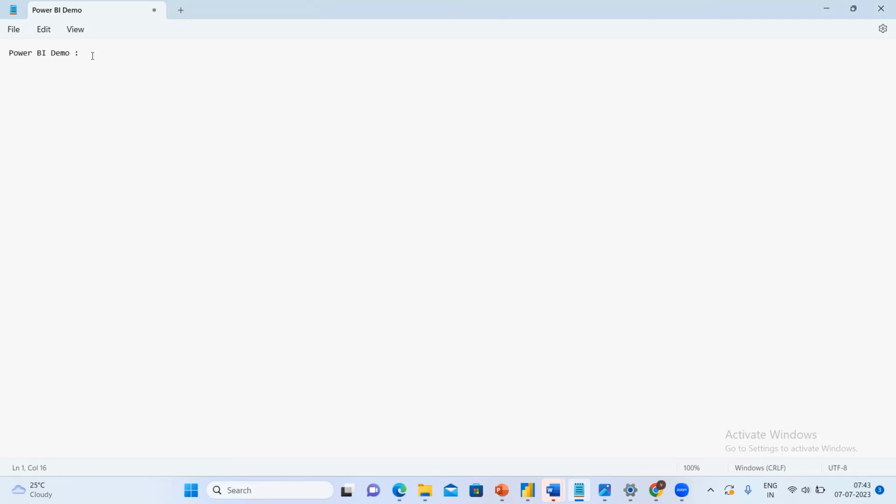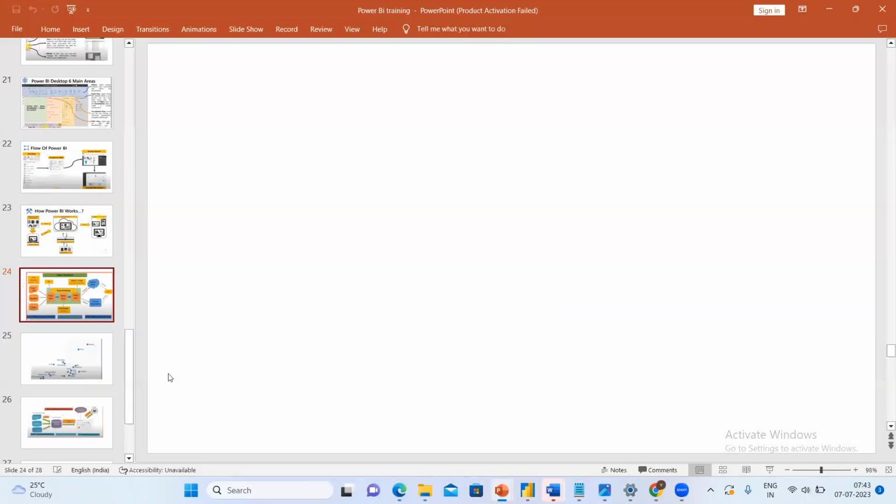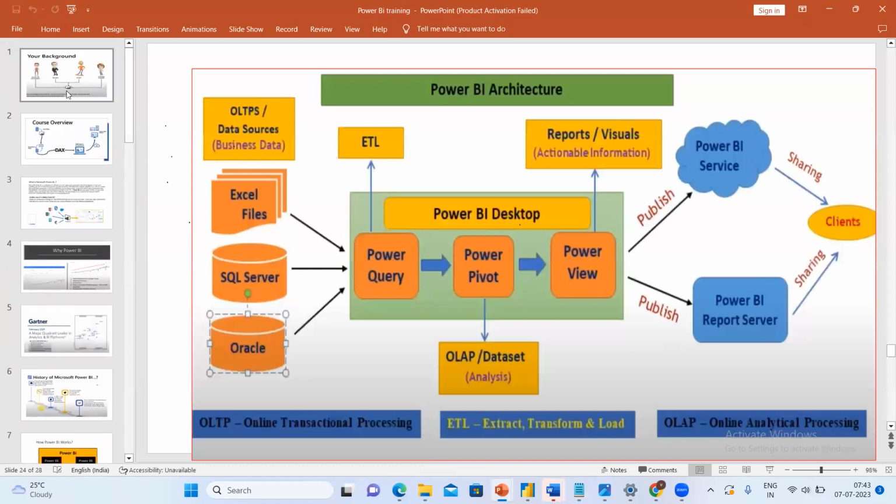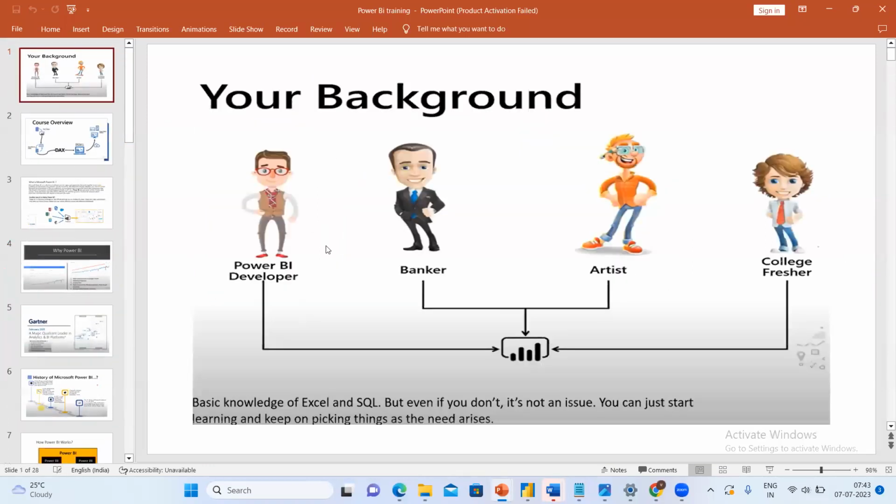And let me go to Power BI. What is Power BI? Before coming to the session, I think you have done some research. If you're coming from any background, banking domain or non-IT, or a fresher, you can easily learn Power BI. For other courses, we may require other tools or other languages, but for Power BI, no prerequisites are required. We can learn everything here.